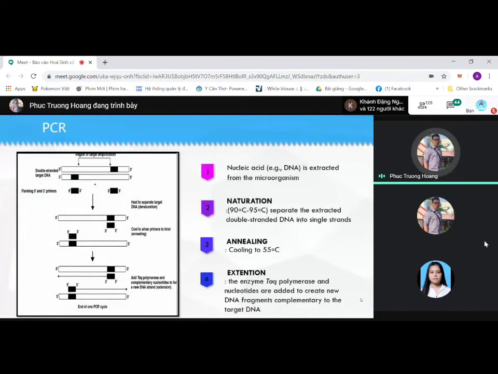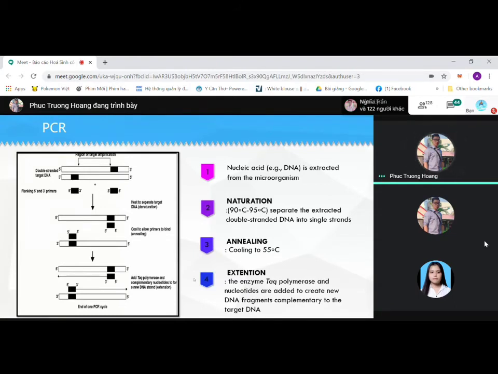PCR involves 4 steps. First, we need to extract nucleic acid from the microorganism. Next, we do denaturation at 90 to 95 Celsius degrees. We will separate the extracted double strand DNA into single strand. The third step, that is annealing, we cool to 55 Celsius degrees. We allow primer, as you can see the black one here, to bind to the single strand